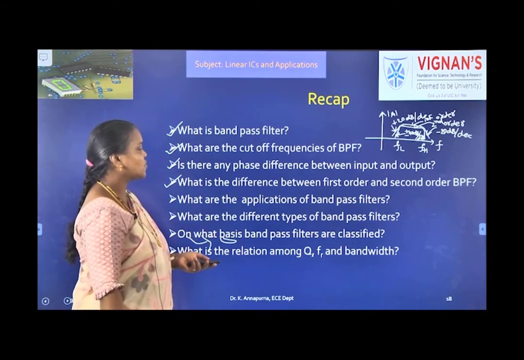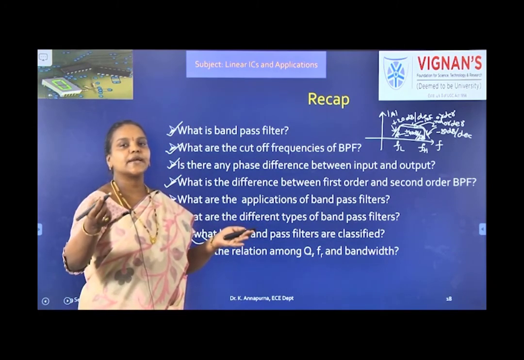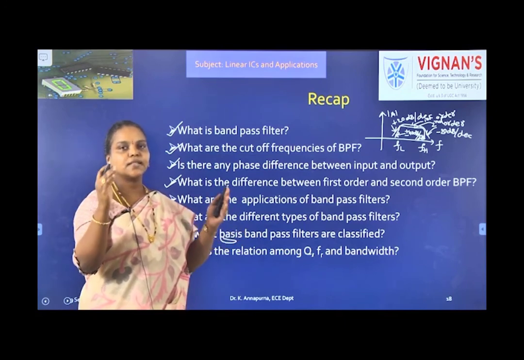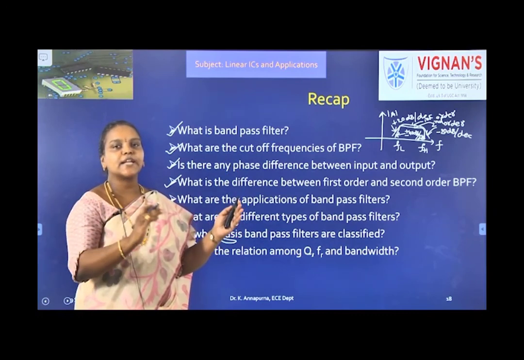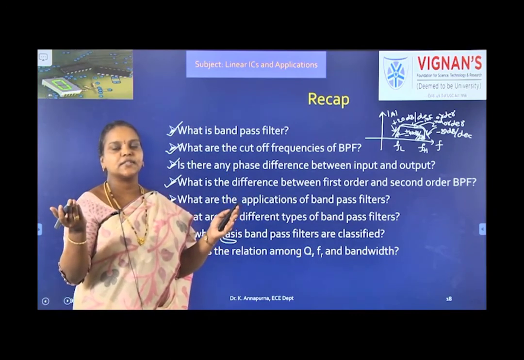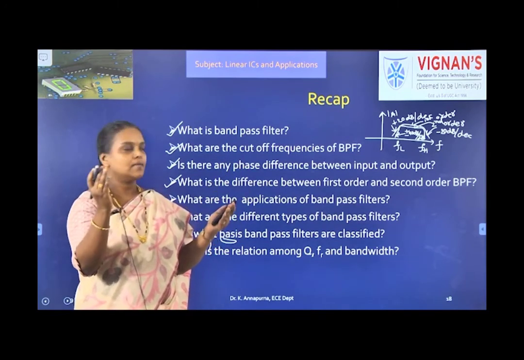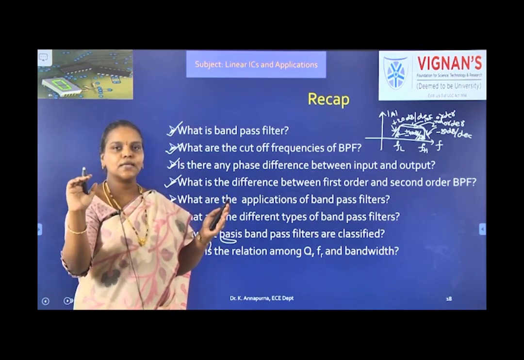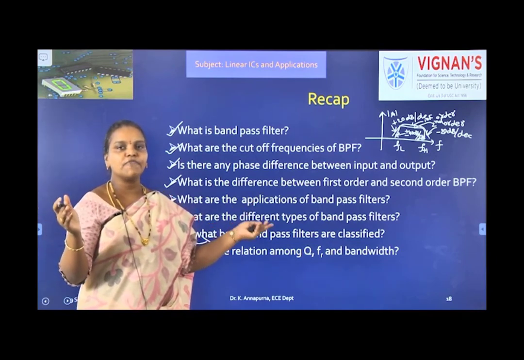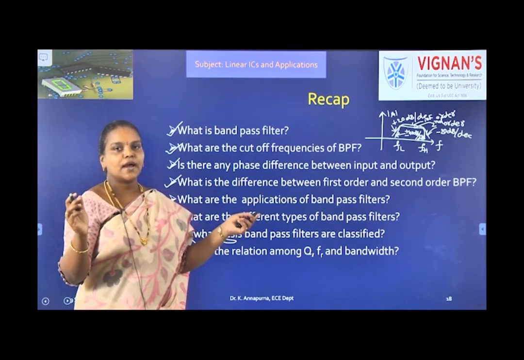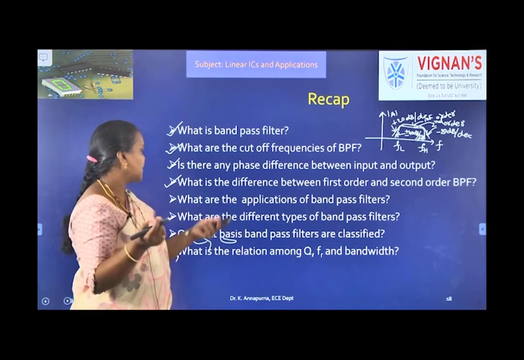What are the applications of band pass filters? In frequency division multiplexing, at the receiver side to recover the signals, because there is only one channel and there are n number of transmitters. They want to transmit on the single channel simultaneously. Then what they have to do? They have to use different frequencies and they can pass all those signals on the single channel simultaneously. But at the receiver, how to recover is with the help of band pass filters. And in broadcasting and RF circuits, we have seen some applications.